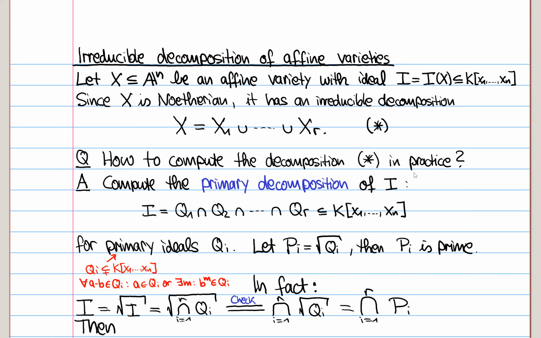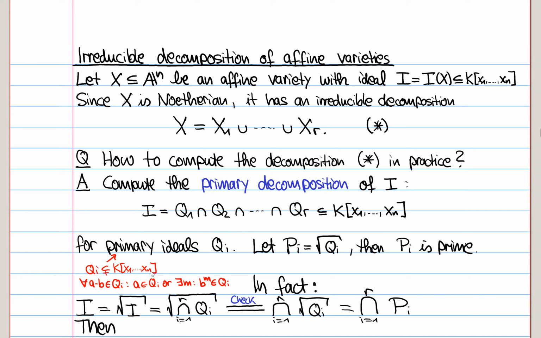And the answer again comes from commutative algebra, because the claim is to compute this, you should just take the ideal I and compute its primary decomposition. So for this, let's recall primary decomposition of an ideal I means you write it as a finite intersection of ideals Qi in this ambient big polynomial ring. And these Qi's are primary ideals, which means there are proper ideals inside this polynomial ring, such